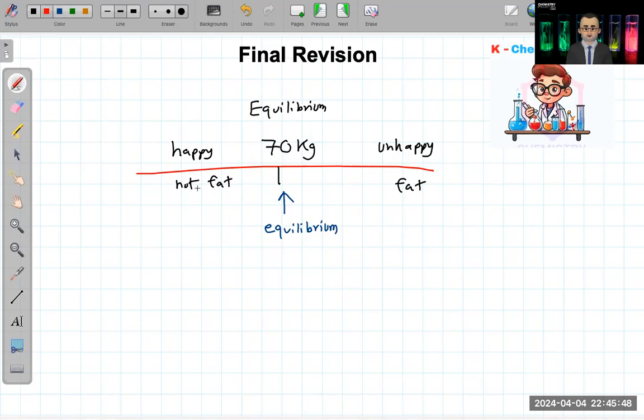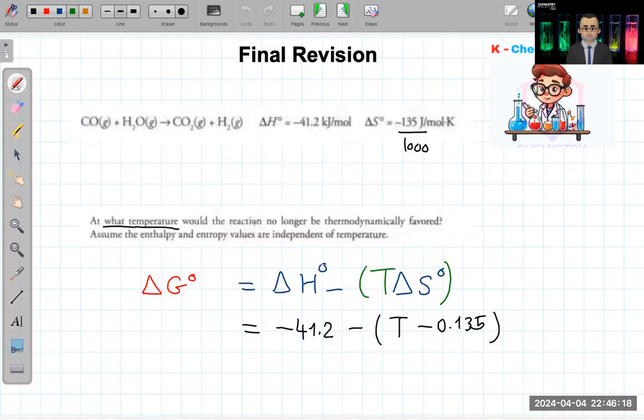Then I told you, we found a little while ago, for example, 65. Are you happy now? Yes. So I'm telling you that anything below 70 is favored. And anything above it is unfavorable. I don't like it like that. So in the previous question, what did I tell you? I told you I have 65. It's favored or no? You told me it's favored. How did you know? Because delta G is equal to what? But in this one, I'm asking you, at what temperature would the reaction be unfavorable?